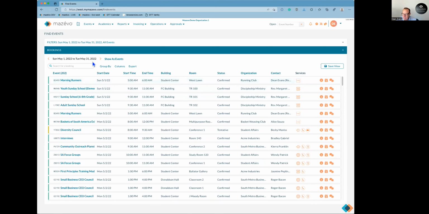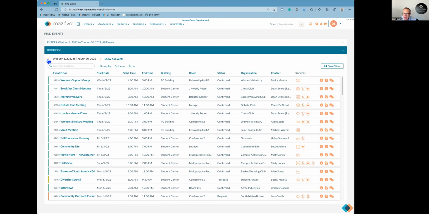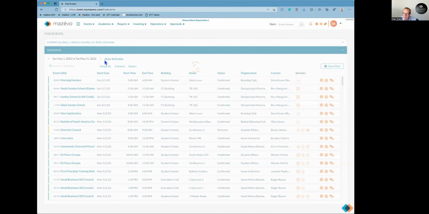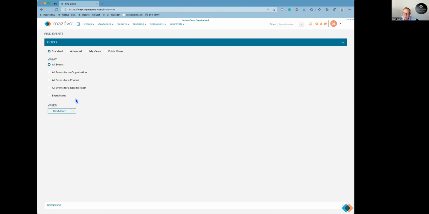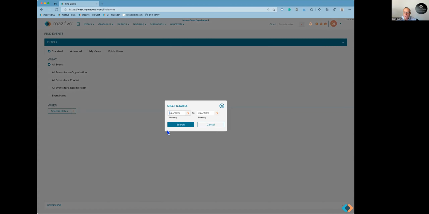Just a couple little tips and tricks here. You can scroll forward and it'll go to the next month and to the previous month. So whatever your date range is there, 7 days, month, year, whatever you pick there, it'll scroll forward by that amount. One thing we see a lot of people do, a lot of people love specific dates. So if I come in here and say